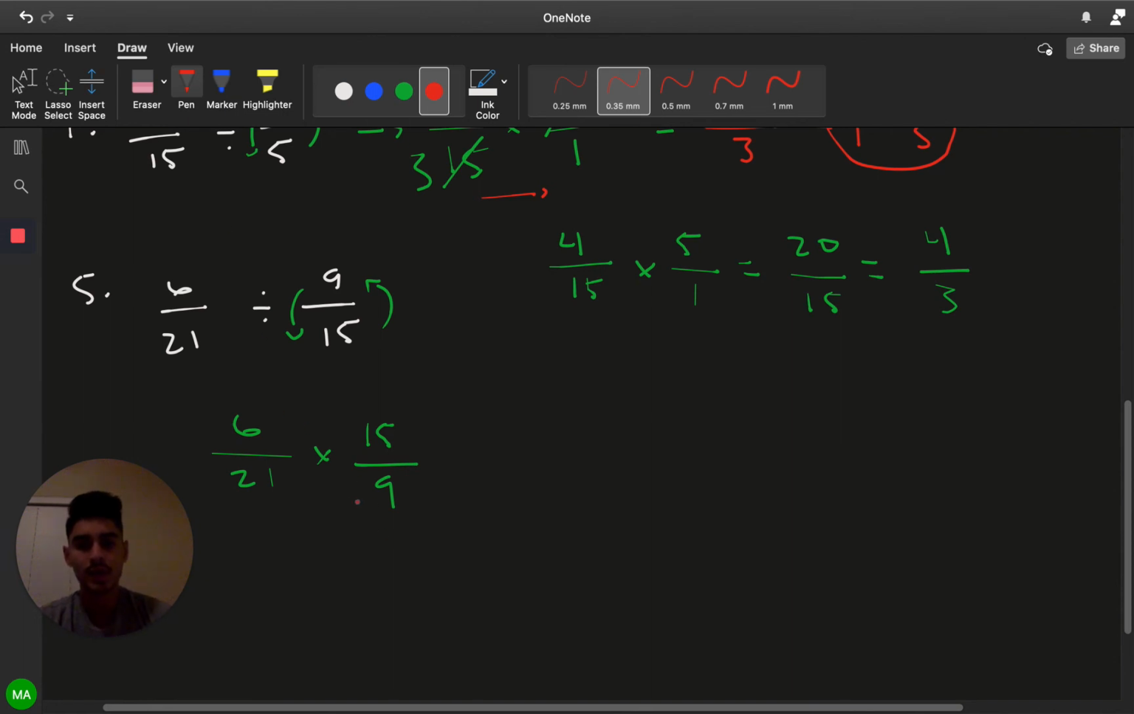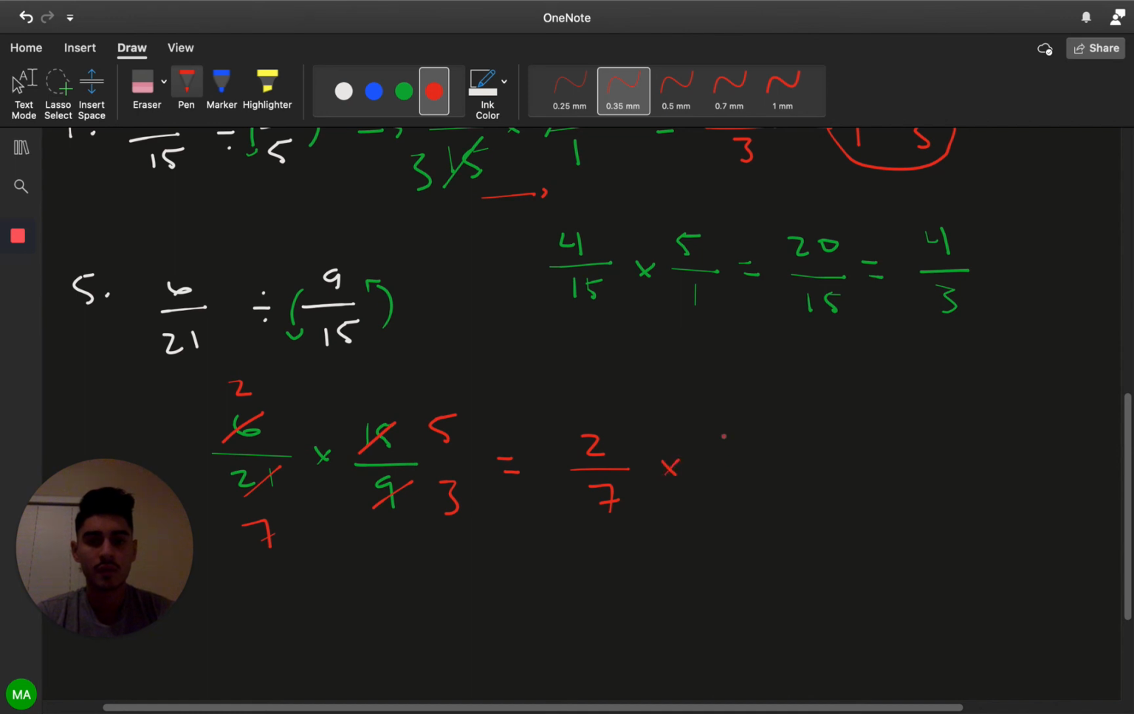I see a 6 and I see a 9. To me, this can be reduced by 3. So we divide this by 3 and we divide that by 3. This actually becomes 2. And that actually becomes 3. So these numbers are able to divide. And that makes it a lot easier. So we can go ahead and multiply that, or we can go ahead and still reduce that down. 15 can be divided by 3, and that's 5. And 21 can be divided by 3, and that's 7. So reduce everything down, and that becomes 2/7